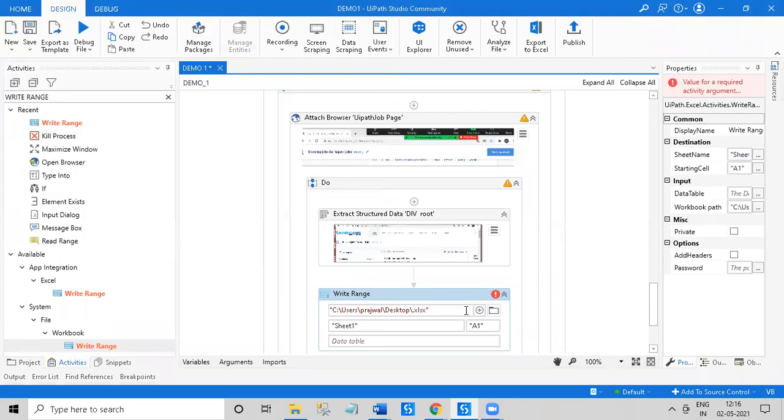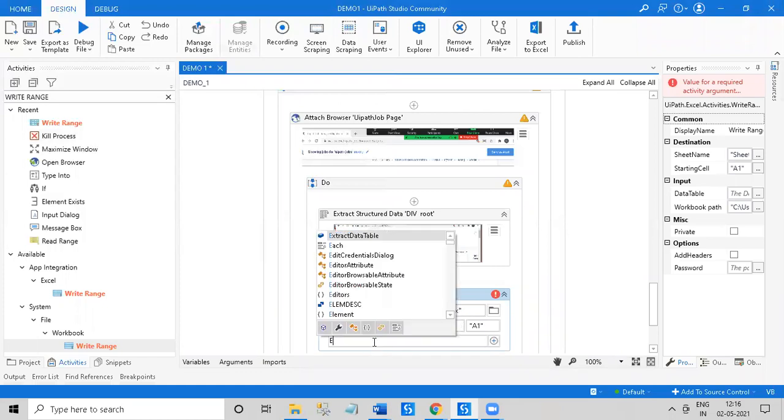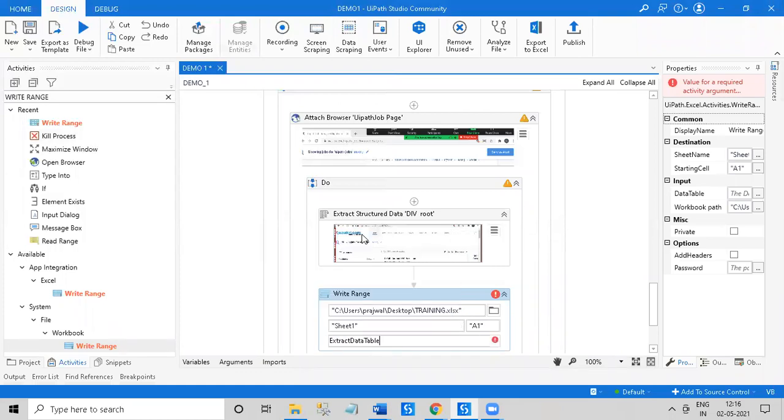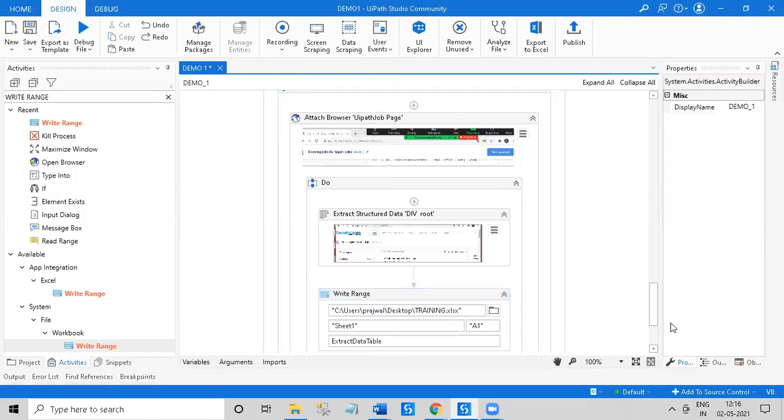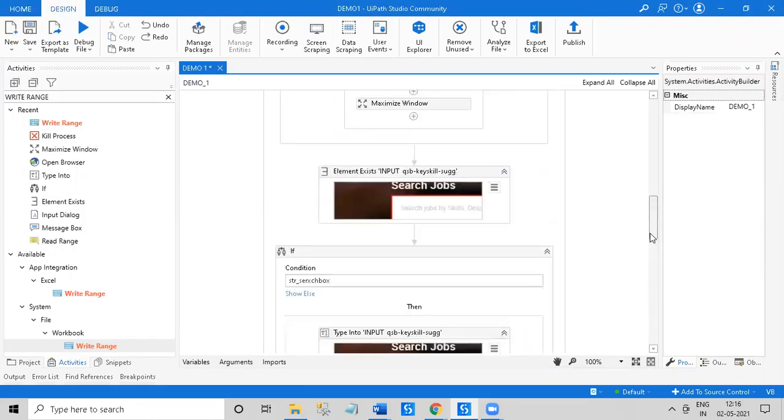And the data table we want to write is this exact data table. Let's see how it is writing.